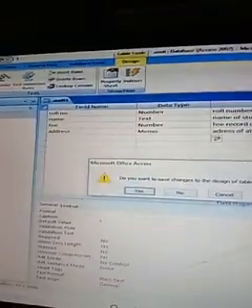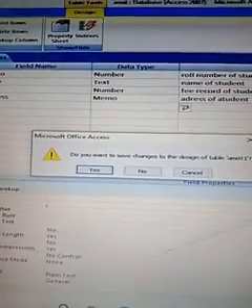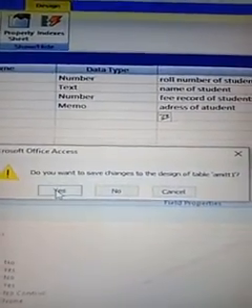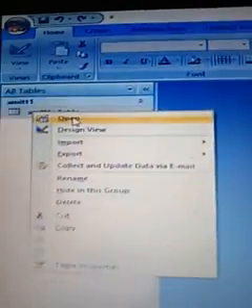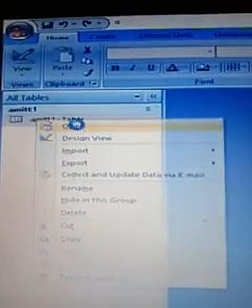So this is the table structure, and first we will see in this video only how to save. We click on the close button, then the dialog box will appear. Then we can save our table by clicking Yes. So our table is now created. We have to enter the information, so click Open. Our table entry is going to start.